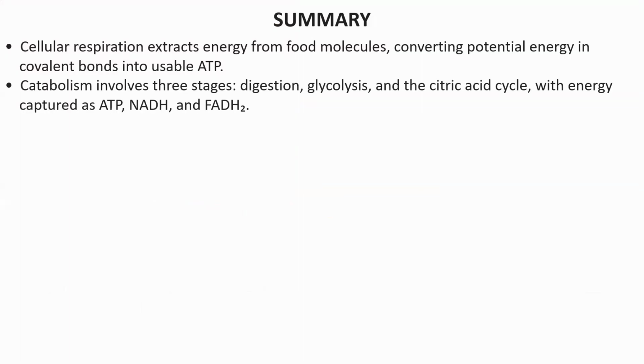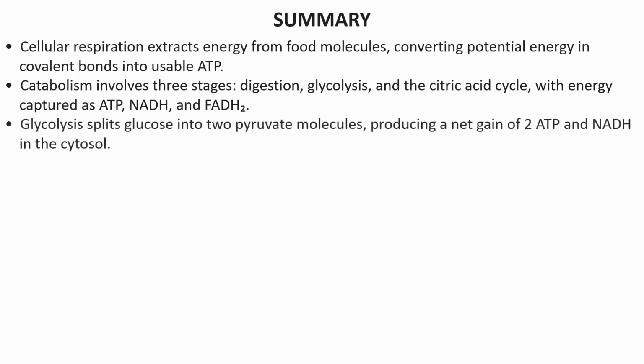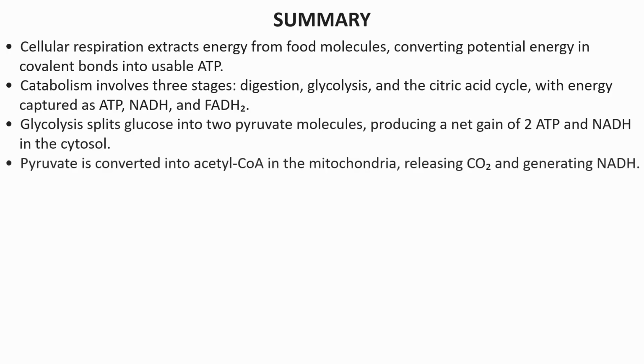Catabolism, or the breaking half of metabolism, involves 3 stages: digesting the polymer down into its monomers, and then feeding those monomers into either glycolysis or the citric acid cycle. If it's sugars, those sugars are going to be fed into glycolysis and then the citric acid cycle, and energy is going to be captured as triphosphates, reduced NADH, and reduced FADH2. Glycolysis splits glucose into two 3-carbon pyruvate molecules, produces a net profit of 2 ATPs as it does so, and 2 NADHs are reduced. All of that happening in the cytoplasm.